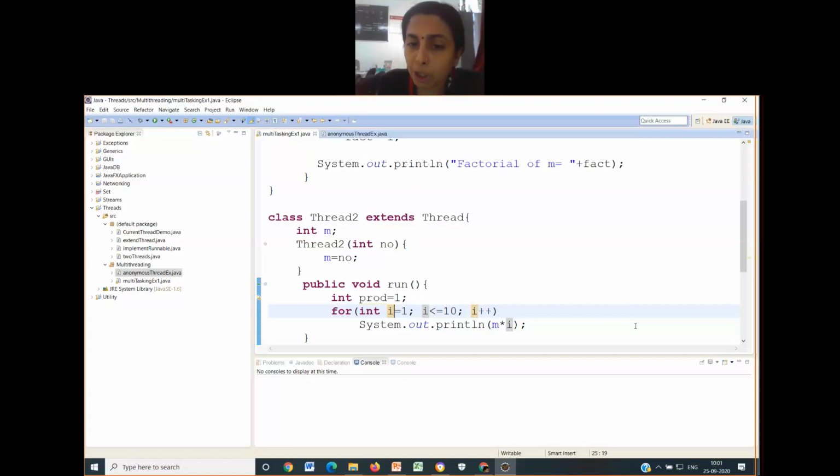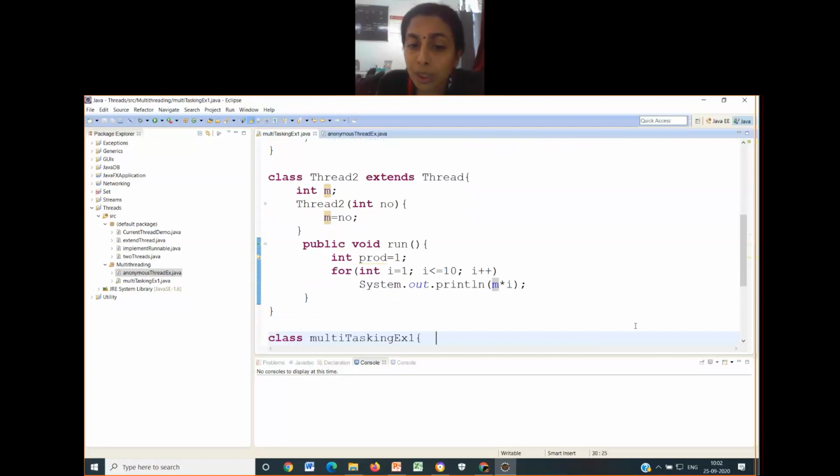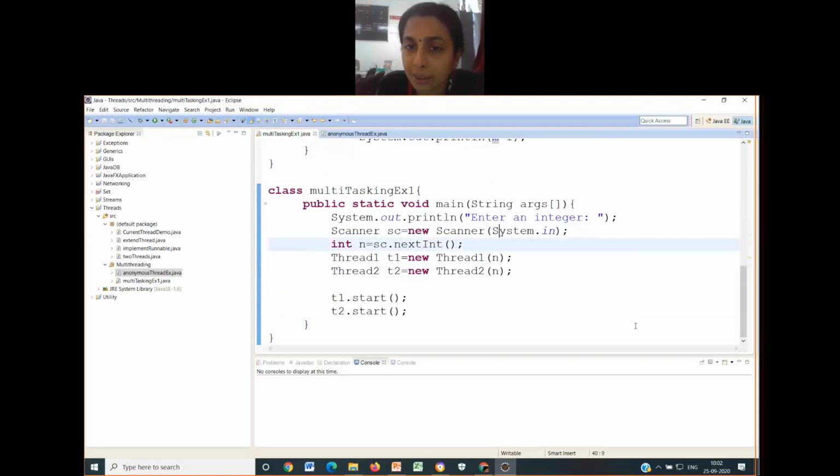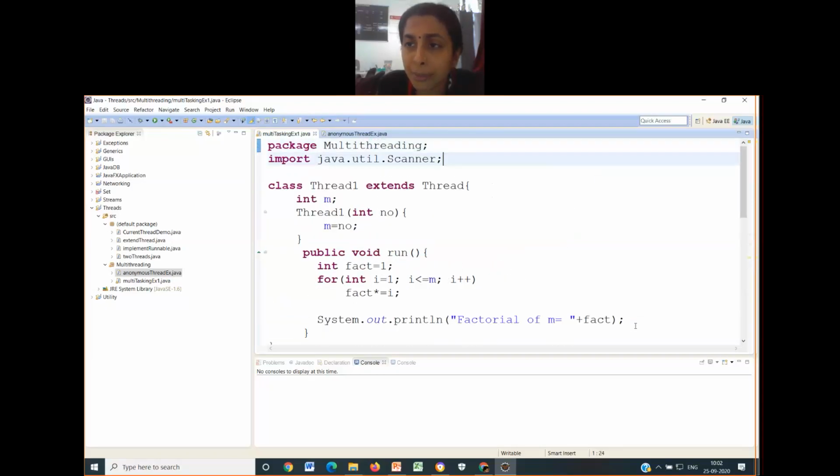So it is a simple for loop again: i equal to 1, i less than or equal to 10, i plus plus, and I am just printing m star i on every line. If you want me to glance at this whole program again, I will. Just comment on it, please.